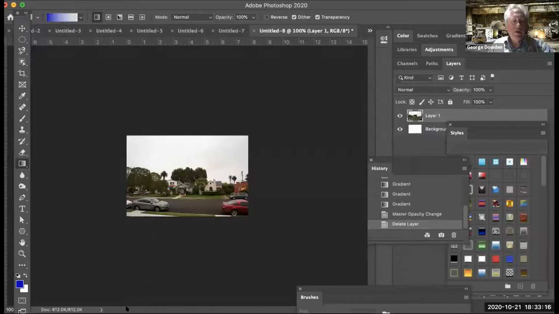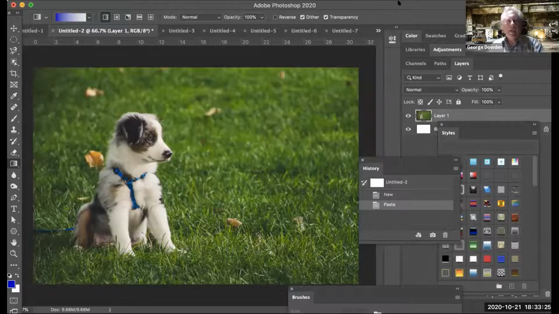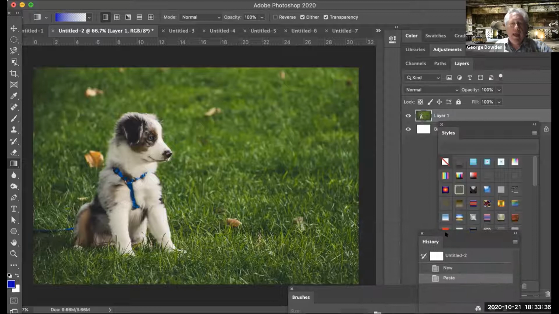Let's move right into Photoshop. All right, we're going to work on gradients and layer masks a little bit. And I want to go over gradients a little bit more. Let's say, here's my image of a puppy, how cute. And then what we want to do is, let's say we're going to use this in a magazine or something, and we want